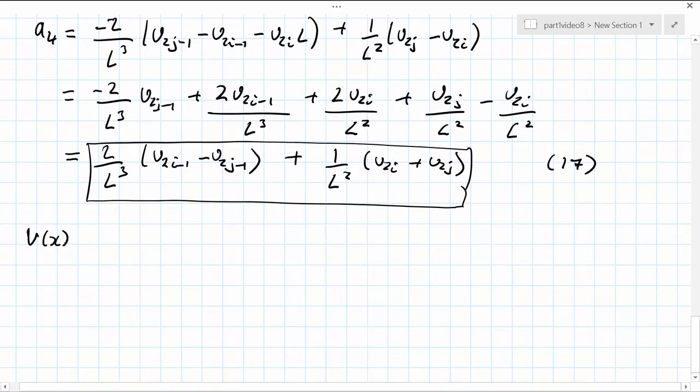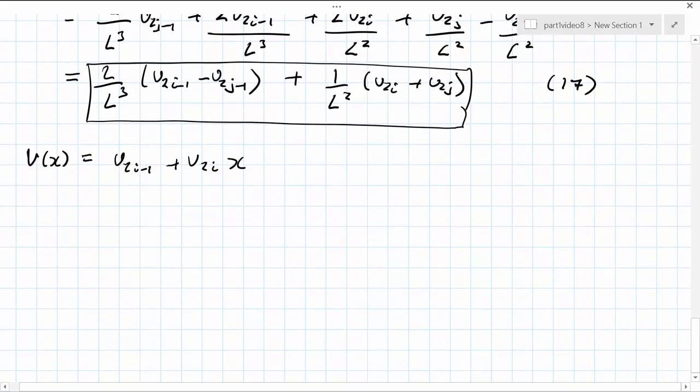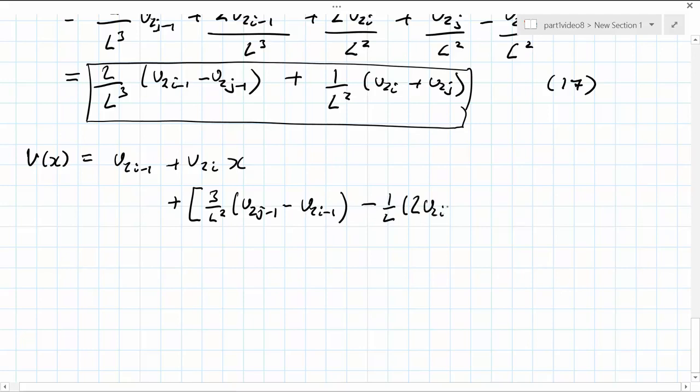So now v of x is equal to u2i minus 1 plus u2i times by x, that's a1 and a2, and now the terms that we've derived just a second ago, plus 3 over L squared times by u2j minus 1 minus u2i minus 1, minus 1 over L times by 2 u2i plus u2j, and this is all times by x squared because this is the a3 term,